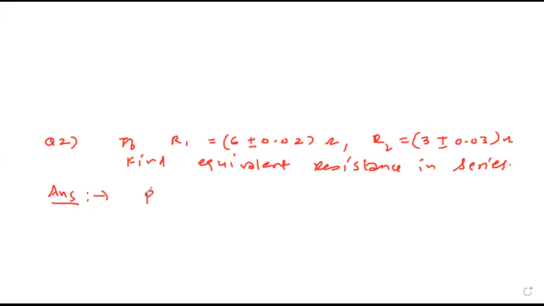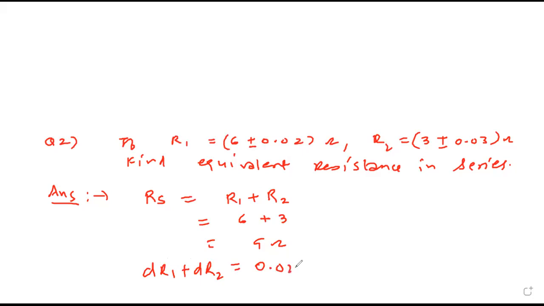What is formula for resistance in series? It is R1 plus R2 plus R3. So for 2 it is only R1, R2, for 3 then plus more R3. So 9 ohm. Now total error in resistance you have to add always. So it is 0.02, 0.03, that is 0.05. So I can say R in series is 9 plus or minus 0.05. Gauravi followed? Yes, sir. Okay. Copy.